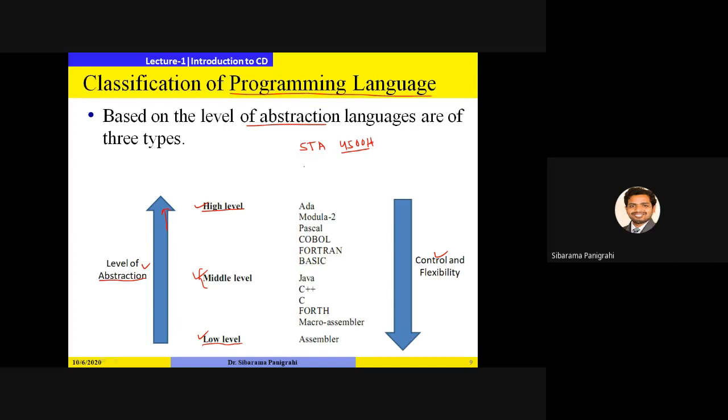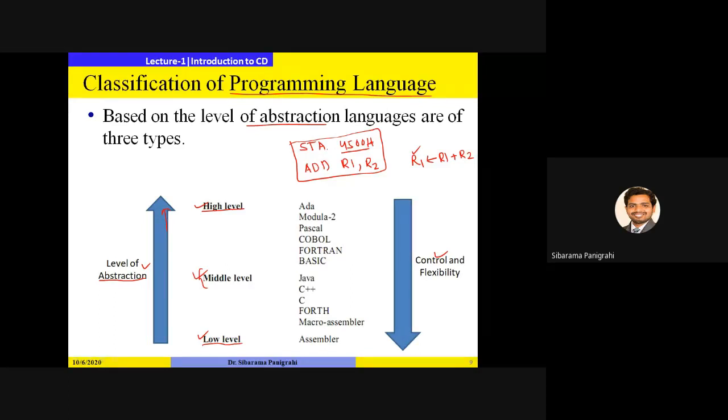So you have already used instructions like this: ADD R1, R2. It means it will do this operation: R1 equal to R1 plus R2. So it will add R1 plus R2 and store the value inside the register R1. These two pieces of code I have written are assembly language code. Similarly, you have already studied many assembly language programs in computer architecture.